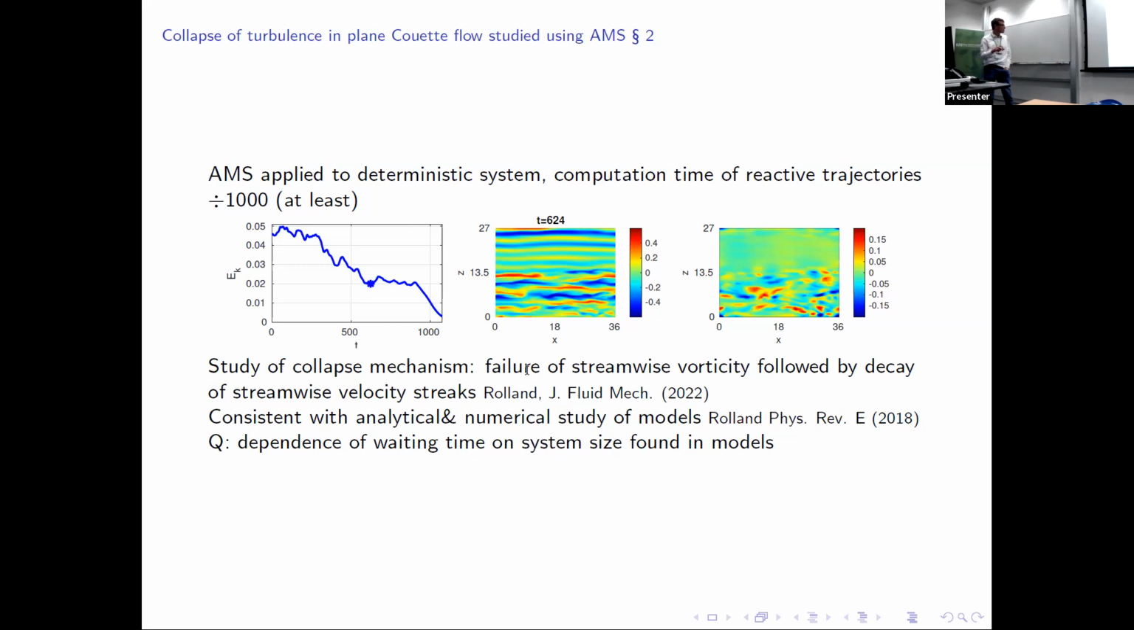And it was actually consistent with previous analytical and numerical work that I had done in models of wall flows. So I applied techniques of large deviations and using timescale separation and all these things to study the mechanism of turbulence collapse in models. And basically, I had a similar behavior of first killing the vortices, then what are called